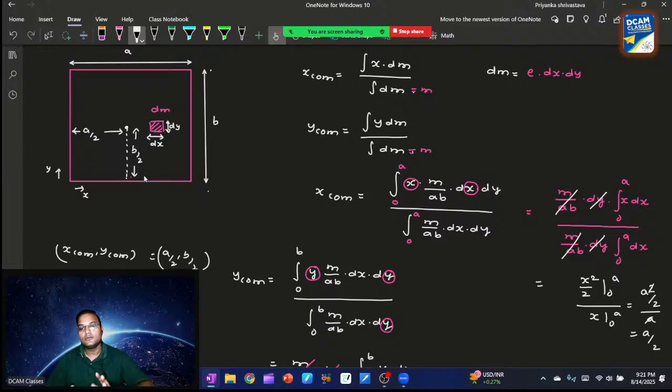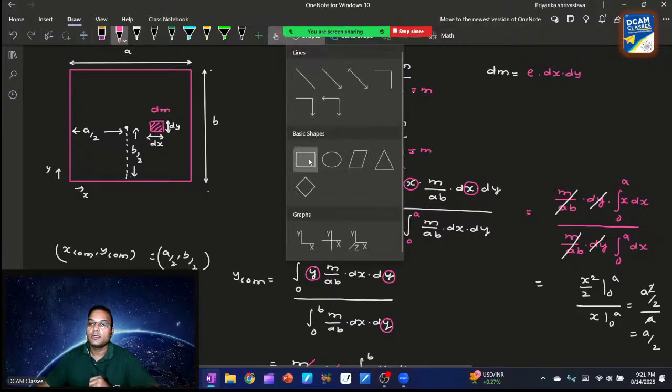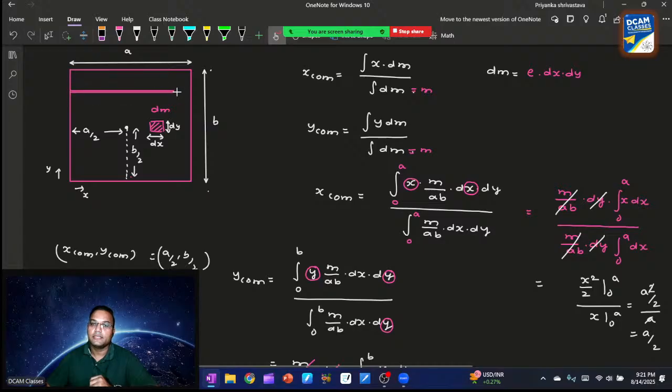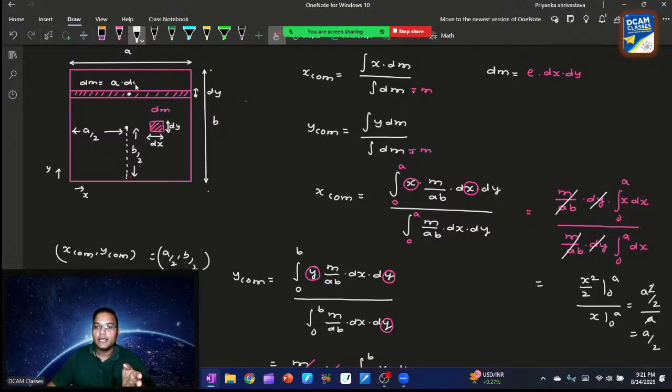There are other ways also. Students or teachers, they integrate it in a different way also. The other way is method 2 that they follow. They make rods. One way is this, the other way is the rod of this. They take constant length, because in the above result you have found that the center of mass of the rod lies at the center. So they just take the mass dm equal to the length a into dy, they take a dy